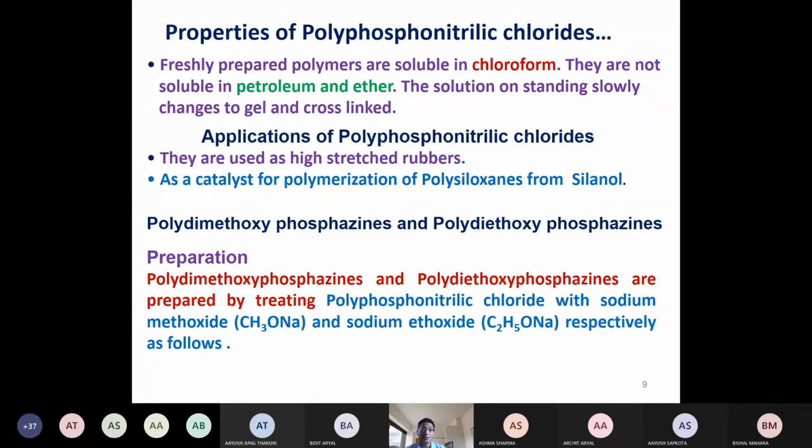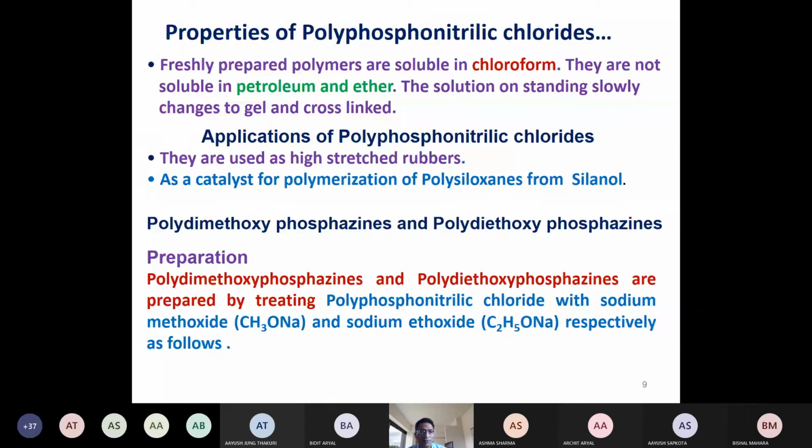The properties of polyphosphonitrile chloride again: freshly prepared polymers are soluble in chloroform, and they are not soluble in petroleum ether. The solution on standing, if you keep it for a long time, slowly changes to gel, and gel means a thick liquid. Then application of polyphosphonitrile chloride: they are used as high-stress rubber, high-elastic rubber, as a